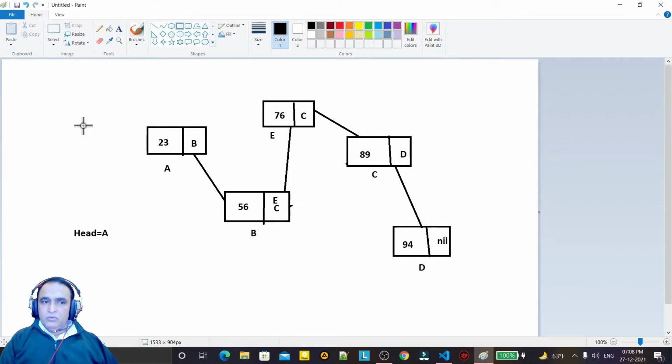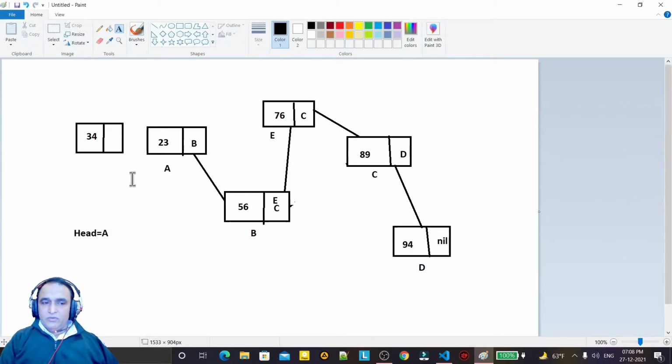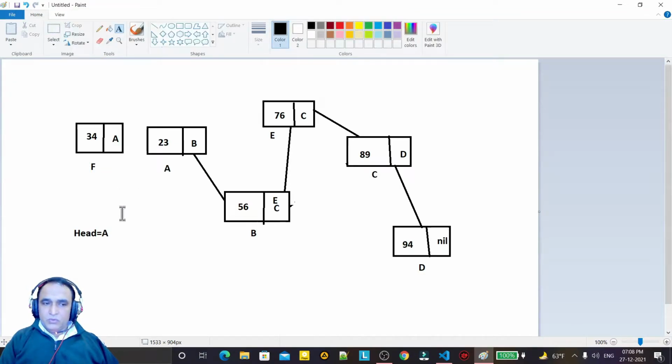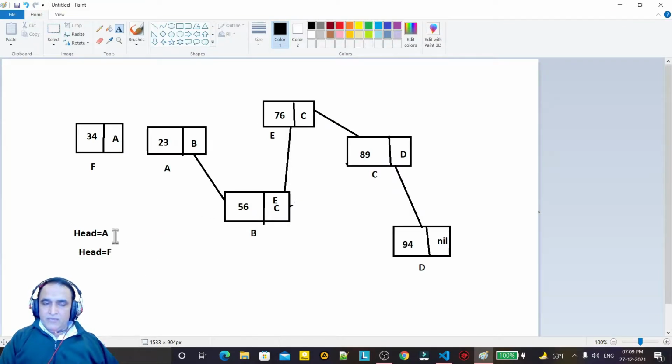So if I insert a new node at the beginning here, like this, I have to pass here the address of A, and suppose this node is F. Then I have to change the head to F. So the head value will be replaced, now the head will point to this node and this node will point to A. So that would be the new starting node of the linked list.